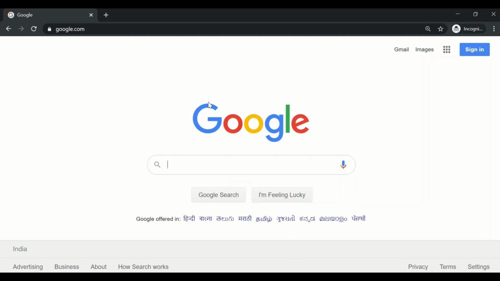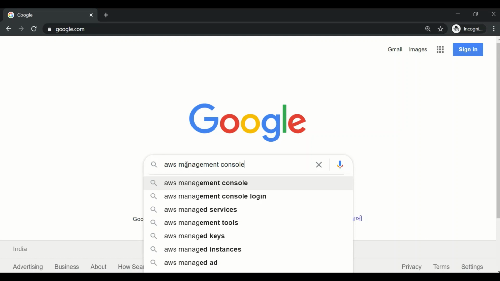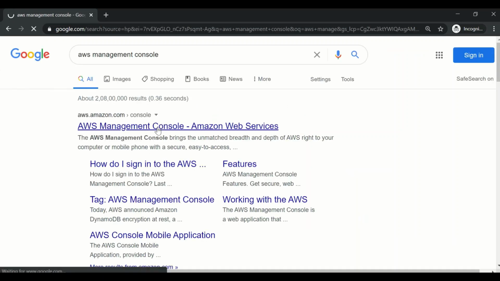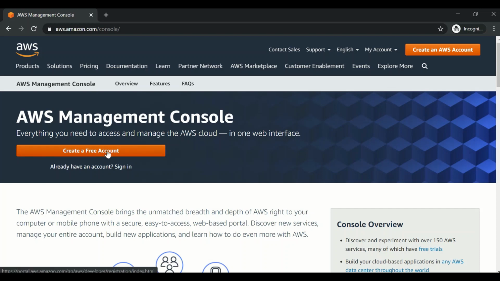To begin with, you'll need an account in Amazon Web Services. Just go into Google and type in AWS Management Console. On the AWS website, just create a free account.